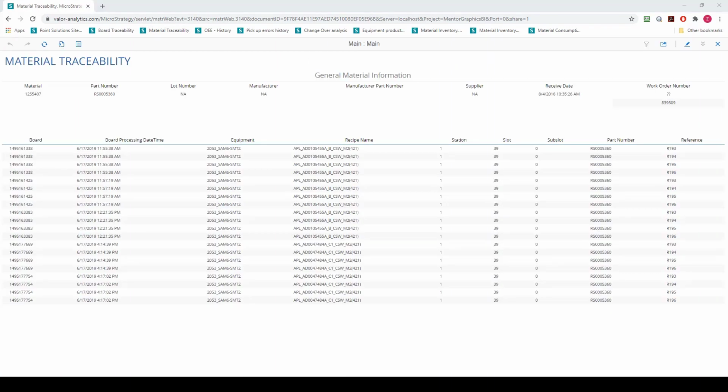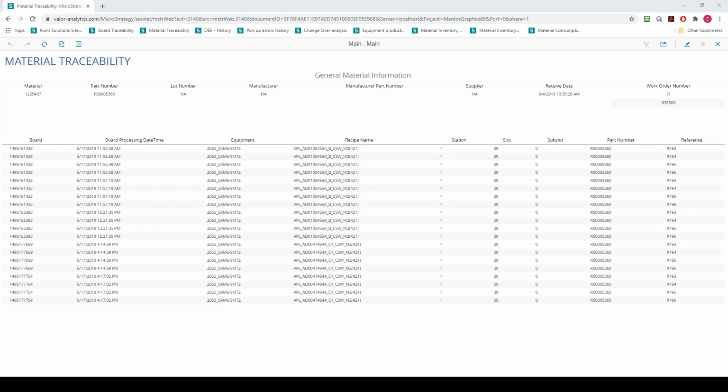The header of the material traceability report shows the unique material ID that was queried, the part number of the material, and the source information like manufacturer, supplier, and lot number. The detailed section of the report shows each product built with the material, listed by the unique ID of the assembly, the timestamp of the assembly process, the equipment the material was assembled on, the recipe running at the equipment, the location of the material in the equipment, the part number of the material, and the reference designator to which